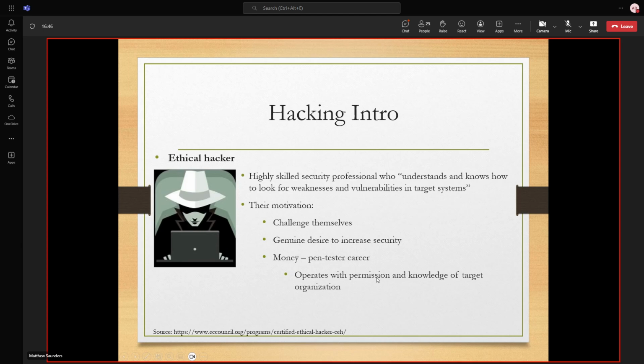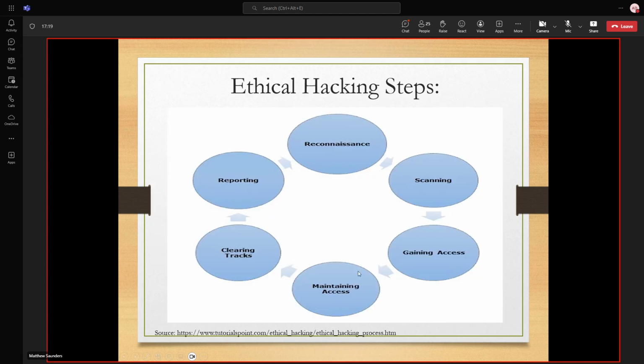Usually it should be in the form of a contract, right? Where you say, "Look, I'm going to try and hack into your organization. These are the limits that we'll agree to. This is what I will do, and this is what I won't do, without getting into too many specifics. But I'm not going to cause any severe damage." You might even say, "Once I get inside your network, that's where I'll stop," for example. Or, "Once I've owned a single machine, that's where I'll stop." You can actually set the limits in the contract itself.